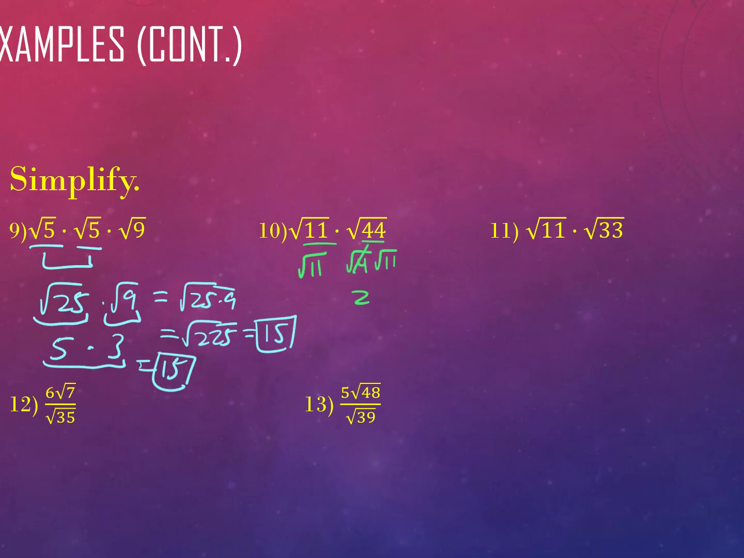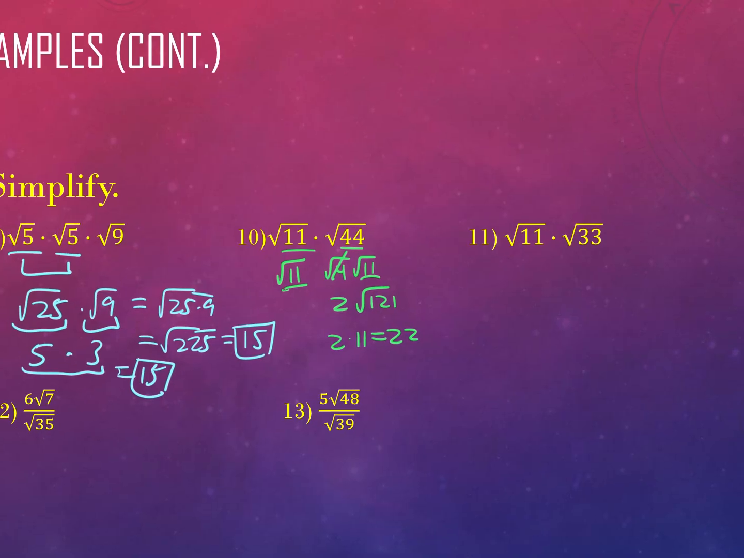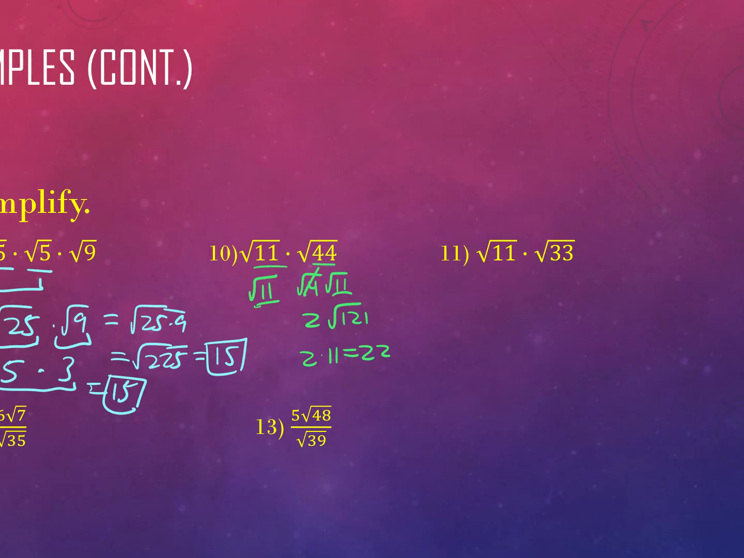Square root of 4 is 2, and I have an 11 times 11, which is 121, but I know that the square root of 121 is 11. So I get 2 times 11, so 22. Right? And the pattern here, if you recall from class, it was around this time that I mentioned that